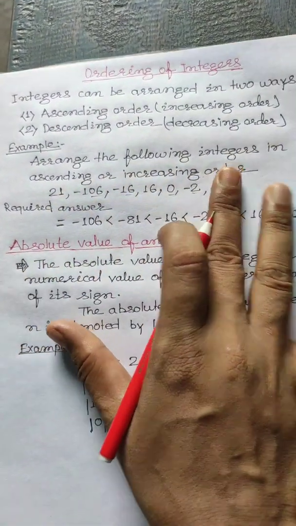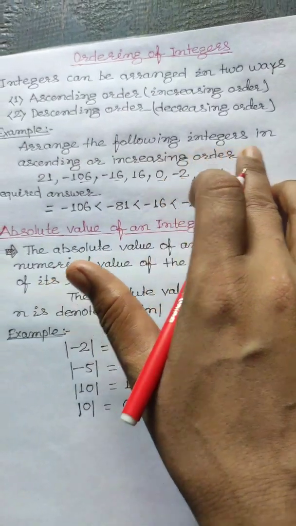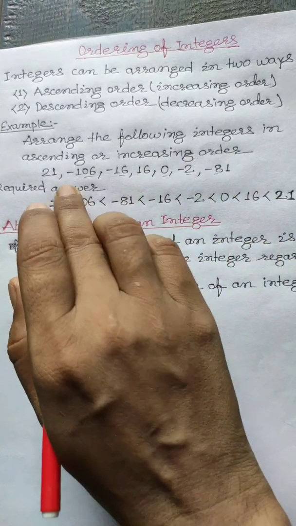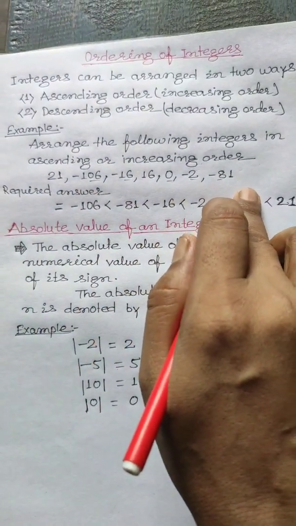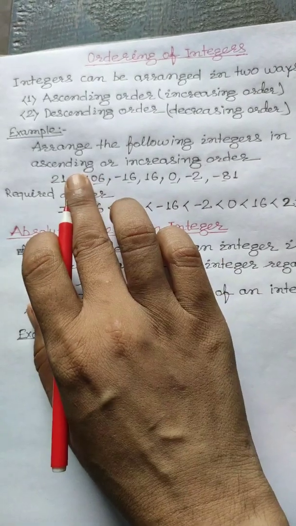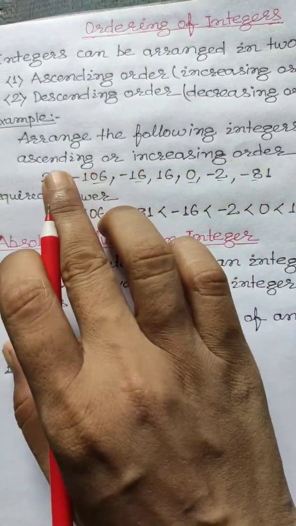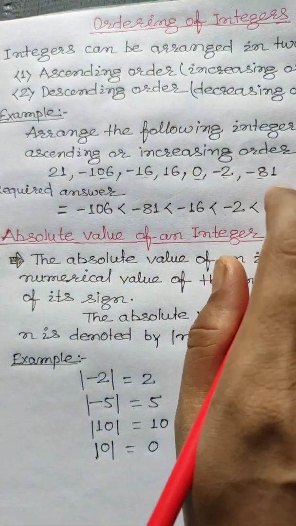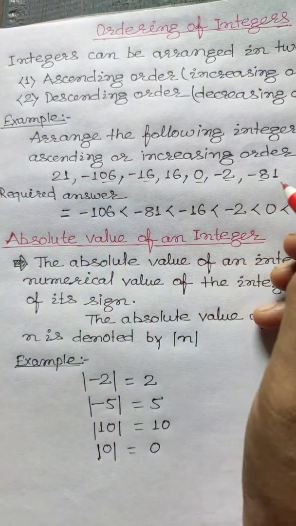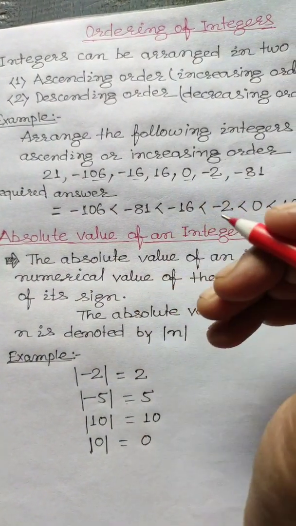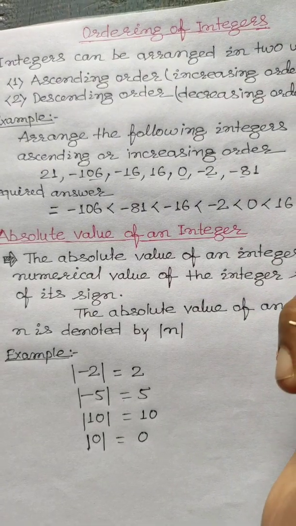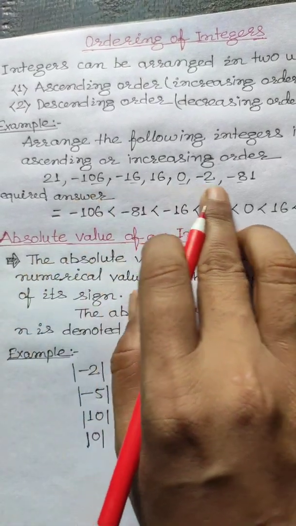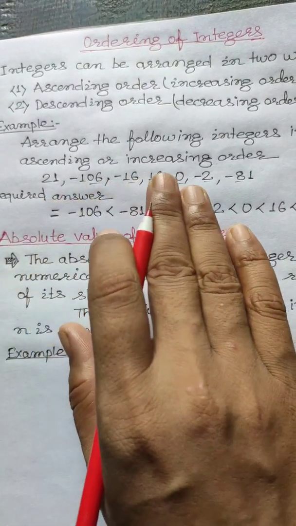So here I have taken an example. Arrange the following integers in ascending or increasing order. So what you need to do is arrange these integers in ascending order or increasing order. So what is ascending order and increasing order? Already I have explained: from the smallest to the greatest. Among all these integers, you need to find which integer has the smallest value. As I explained in the last class, all the negative integers are smaller than 0